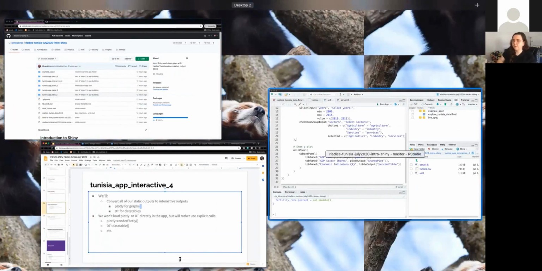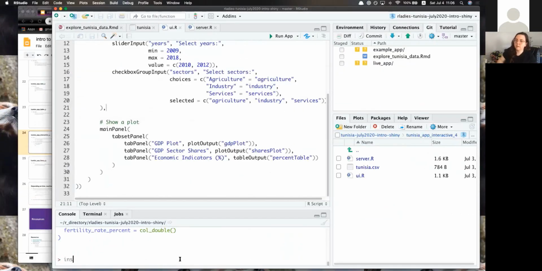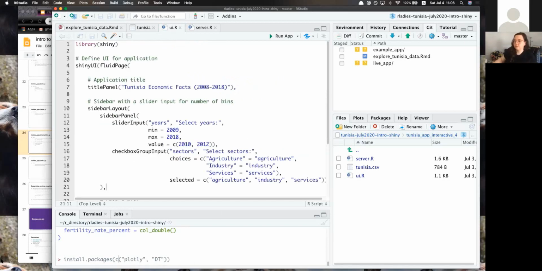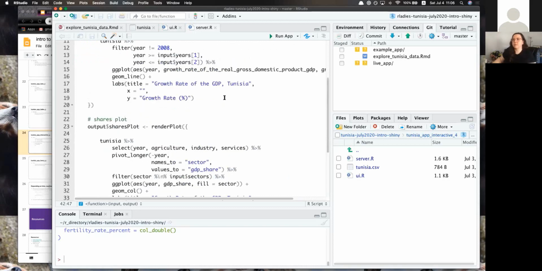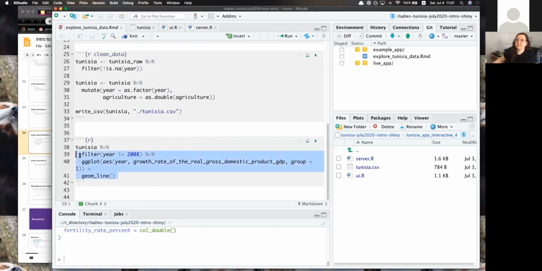If you don't have them, of course, you'll need to install Plotly and DT. You'll want to do it with install.packages, and you have to do it in a vector, plotly, DT, or you can install them separately. Cool. We're going to change the outputs, so we know we're going to work in the server. So normally, let's just do it this way first. Let's take this graph and turn it into